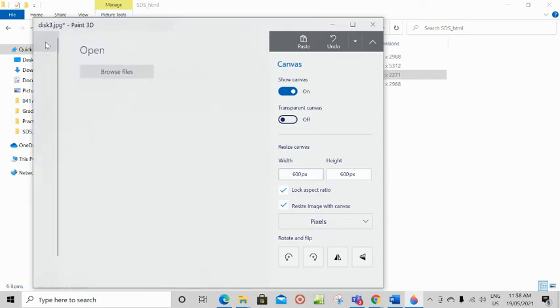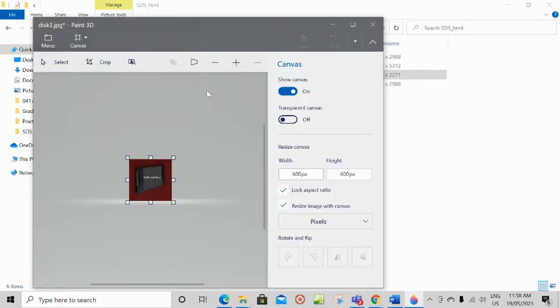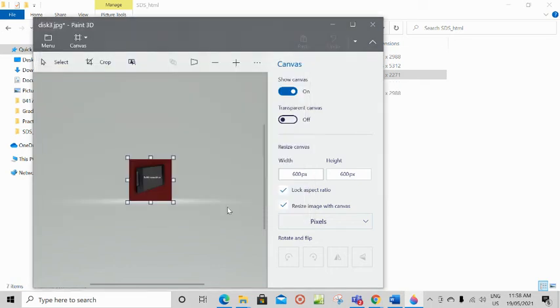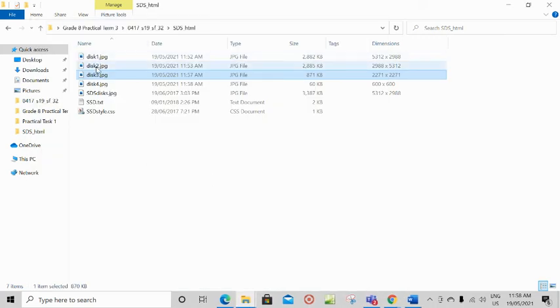Now go to menu, save as image. You have to rename this as disk4.jpg. So we have all the pictures here, disk 1, 2, 3 and 4 in the same folder.